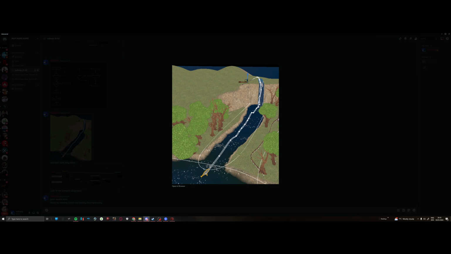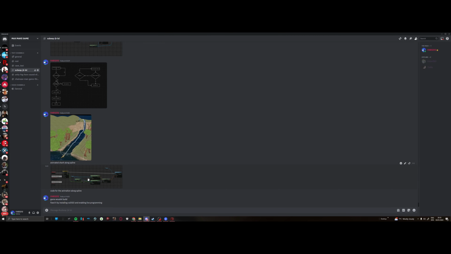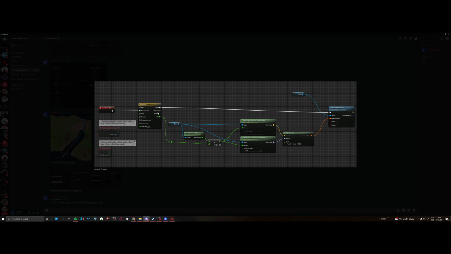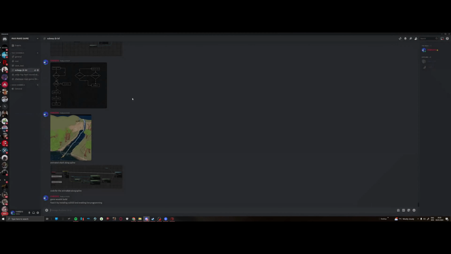I've also got an animation here with a shark in the main menu scene swimming along the water, just so I've got an animation in there as well. And here's the programming that I used for the animation along the spline. I also had some issues building